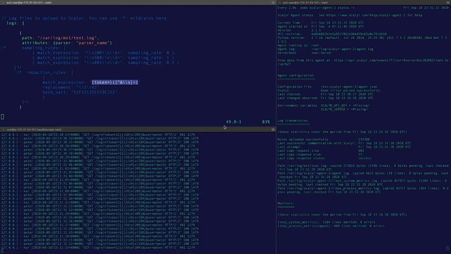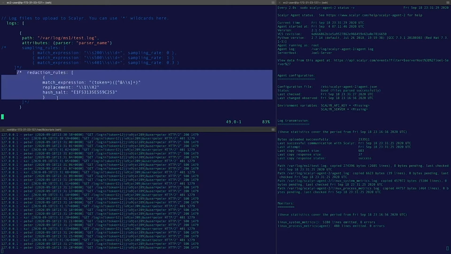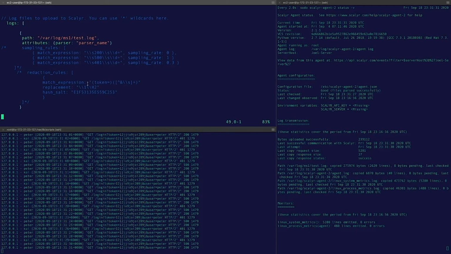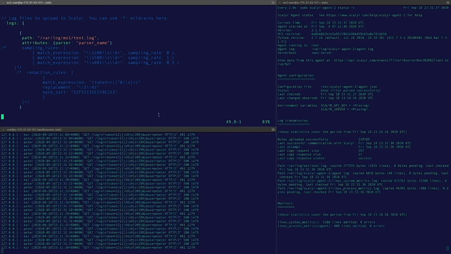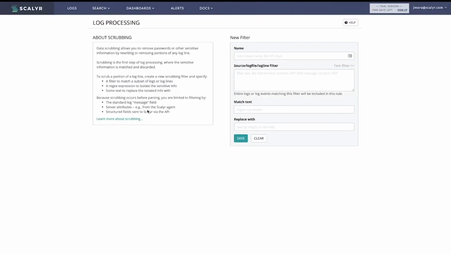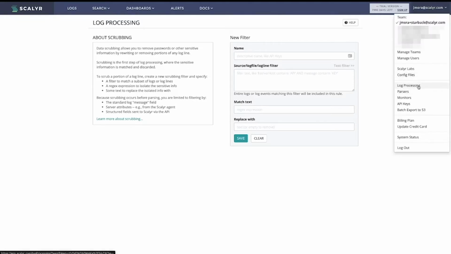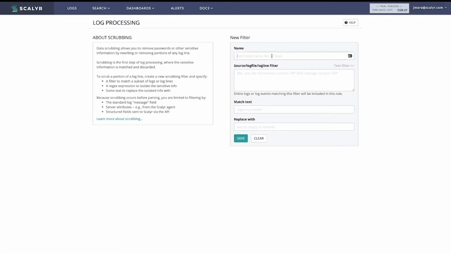Now that we've done this on the agent and we know how this works, let's take a look at some downstream options. So let's go to the next piece in the pipeline that we saw earlier, and that's going to be scrubbing. So let's move away from the agent. Let's keep our log streaming, and we will go into the log processing page here. To get to this page, just click the drop down here and click log processing. It'll take you here, and it's going to present you with a form to create your first rule. So the first rule we're going to create is